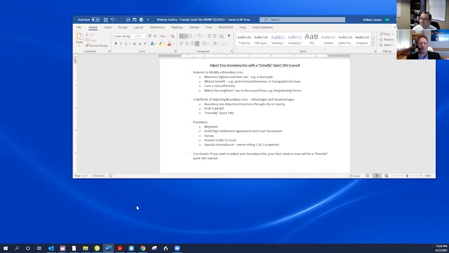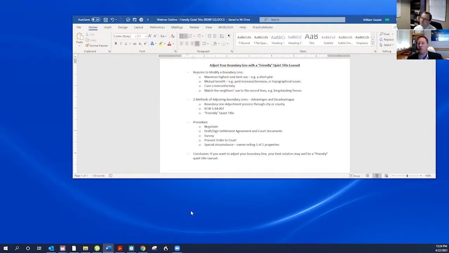The cost, we'll talk about the cost of a friendly quiet title, but it's usually ballpark the same, as it's not appreciably different than a regular boundary line adjustment. But the real big problem with the boundary line adjustment is the lack of certainty. So you can go down the road and you could be months into it, and the city or county can just deny your application for a boundary line adjustment. They don't have to give it to you. There can be any number of problems with the application, and you don't need to dive into those problems or cure those or determine what all those problems are, because the friendly quiet title is a way around it.